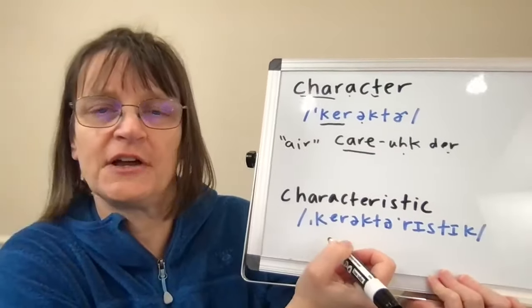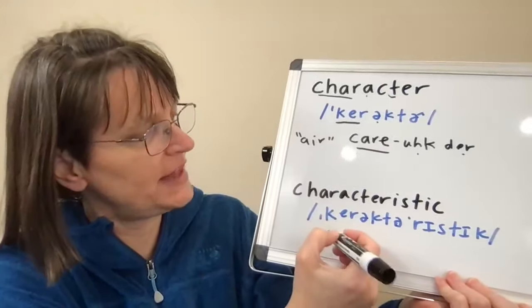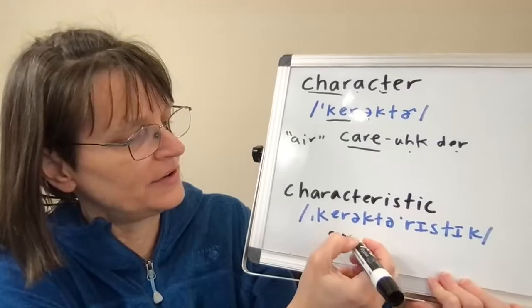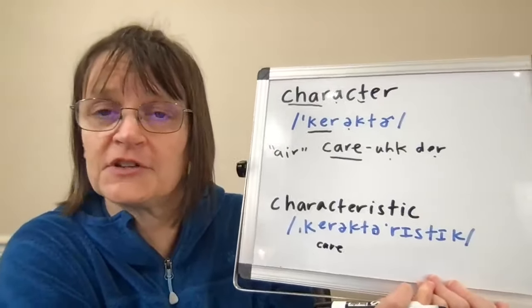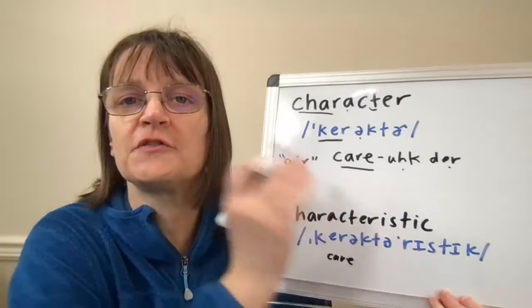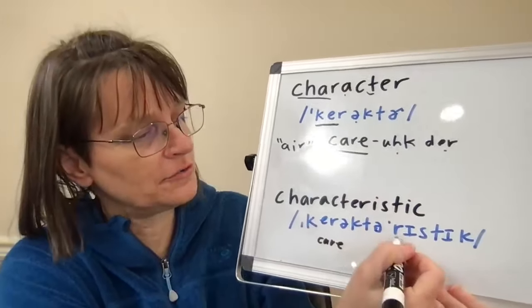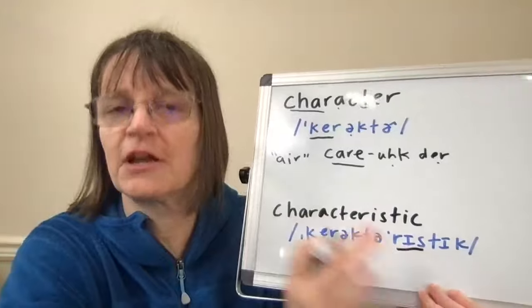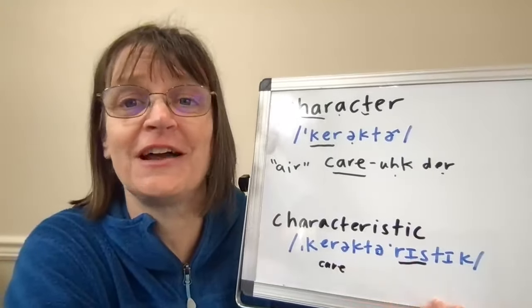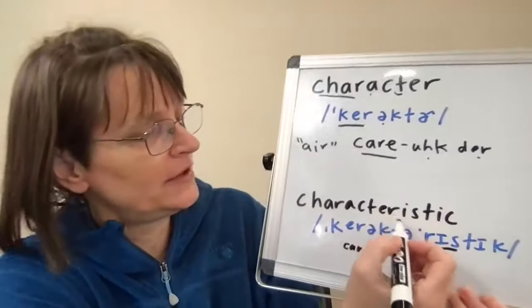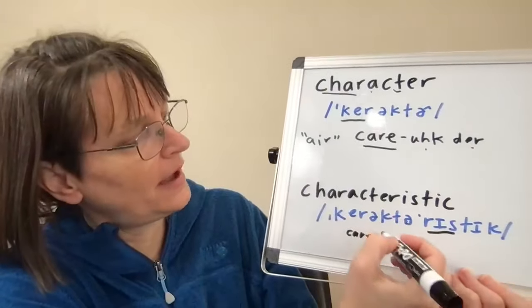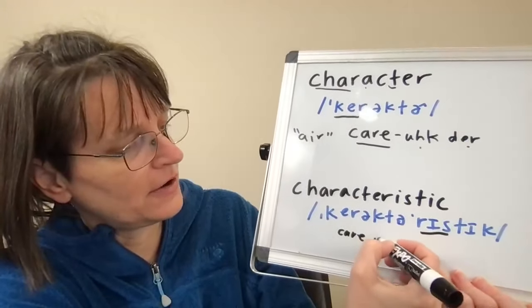So when I have character, the difference then for characteristic or characteristics is that I do have some stress on that care syllable. So it still has the same care sound, but it's not the primary stress any longer. The stress changes from character, long, short, to characteristic, where my length and my stress is really on the second to last syllable. So I have the same sounds, character,